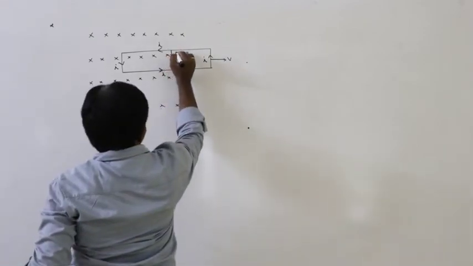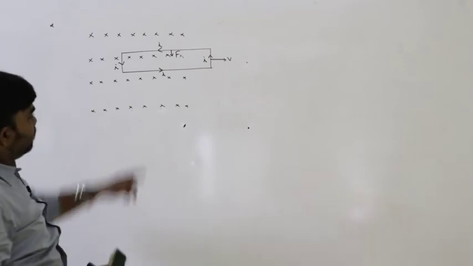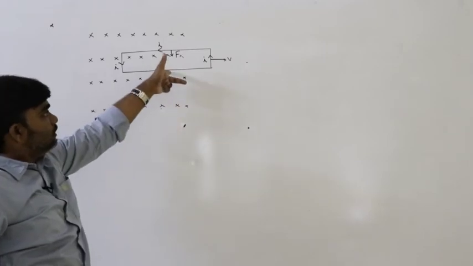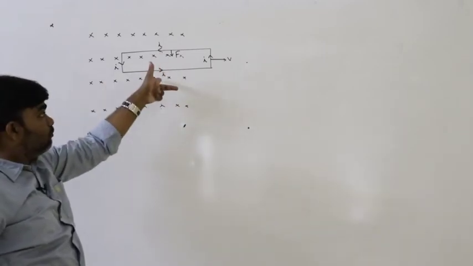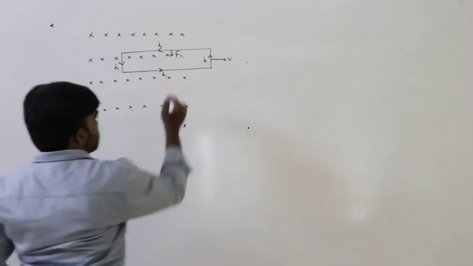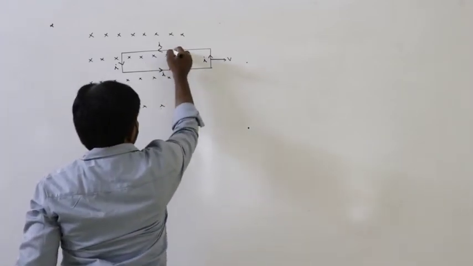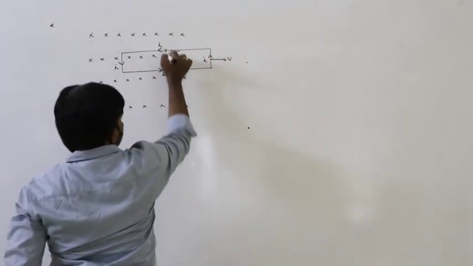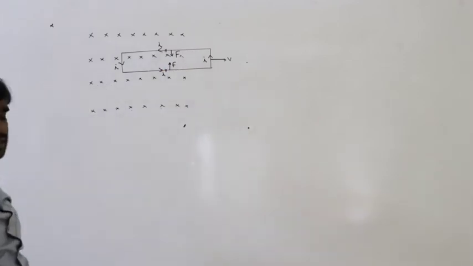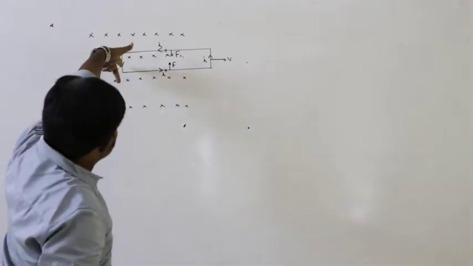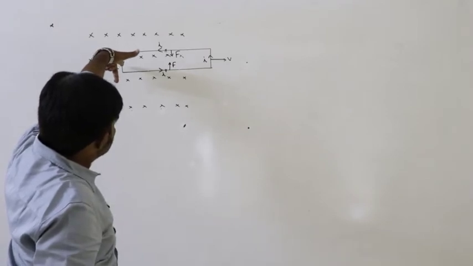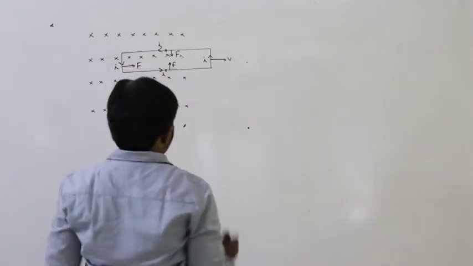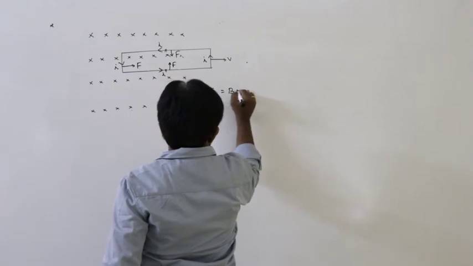Here the direction of the force is downwards, and on this side, what is the direction of the force on this conductor? Like this, upwards. Fleming's left hand rule, forefinger, central finger, thumb indicates the direction of the force. Here the force on this conductor is downwards and the force on this conductor is upwards, and these two forces in opposite directions will cancel. And what is the direction of the force here on this one? This is the direction of the force. And what is the force required here? F equals generally BIL.